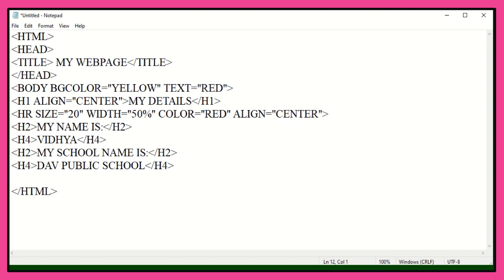Now I would like to give the class. So again I am making use of the H2 tag, that is the second level of heading. Class colon, closes H2 tag.